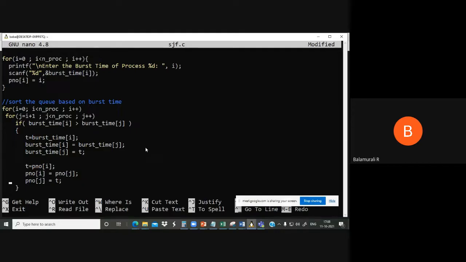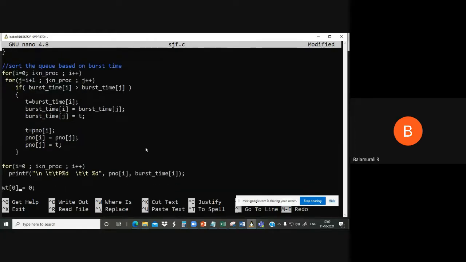Are you getting it? Say if P4 is the process with the smallest burst time, then P4 will come to the zeroth location, but we will still call it P4 only. As it was moved to the zeroth location, we won't call it P0. That is to ensure that we maintain the P number, and that is the reason why we are doing this. Okay, fine.